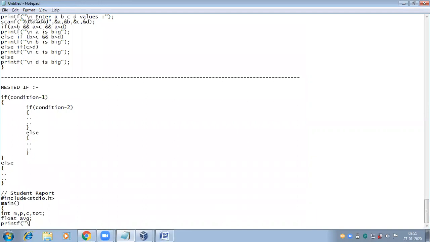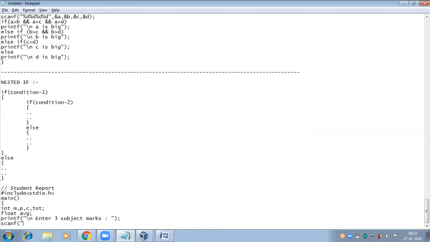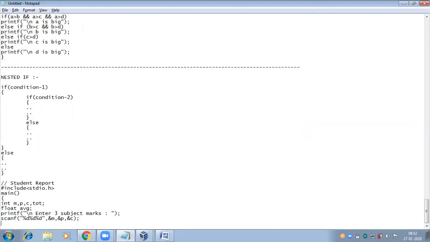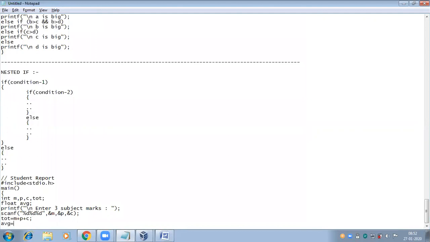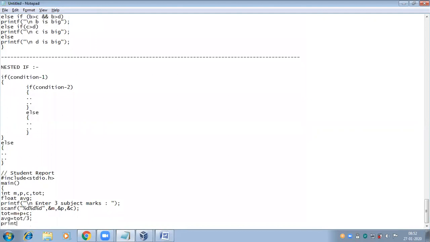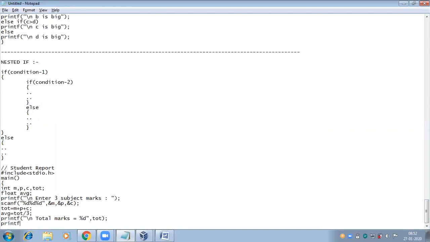Then printf, enter 3 subject marks, percent d, percent d, percent d, address of M, address of P, address of C. Then I'm calculating the total and average. Then printf total marks percent d, total, then printf the average.